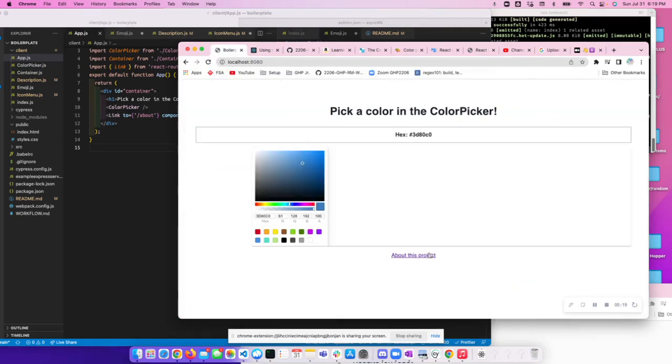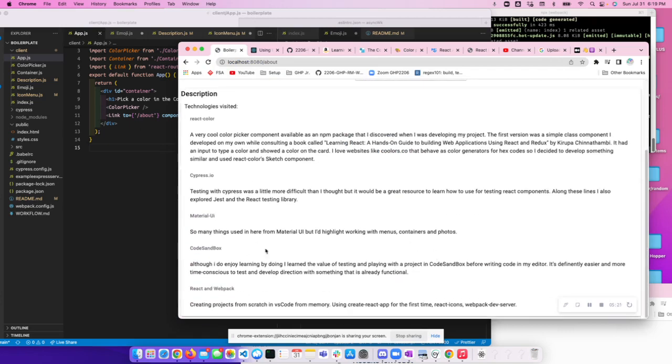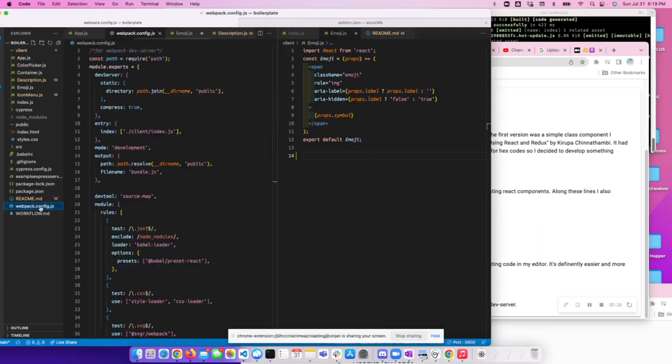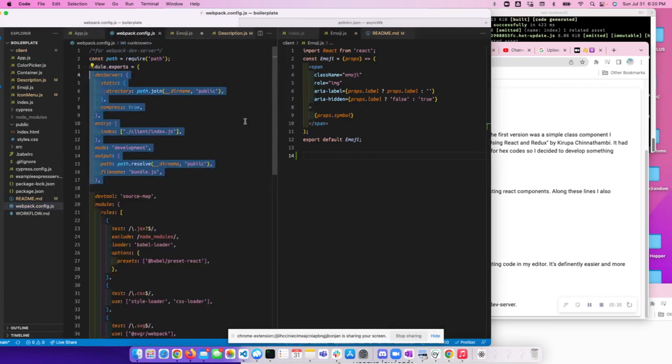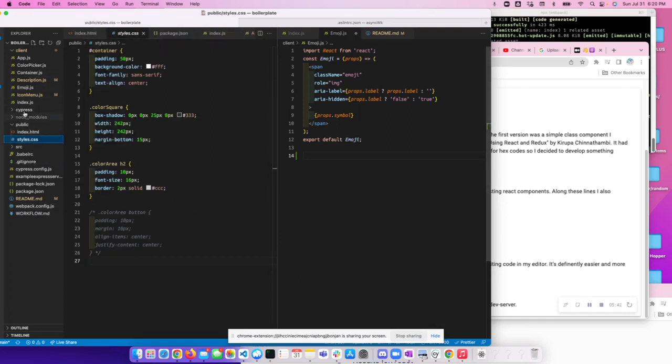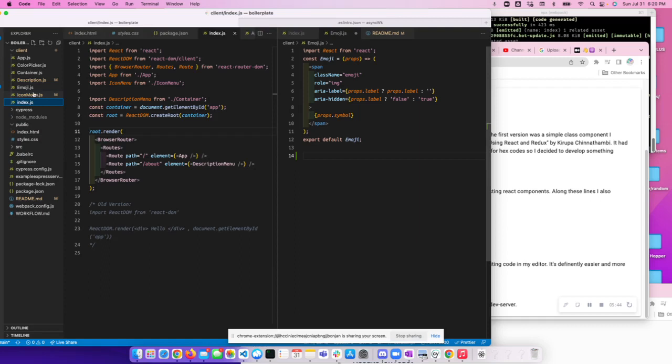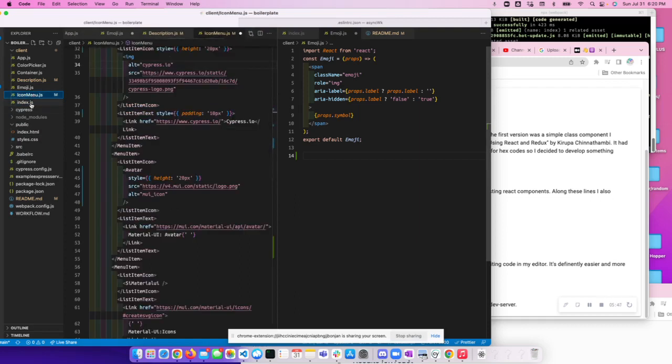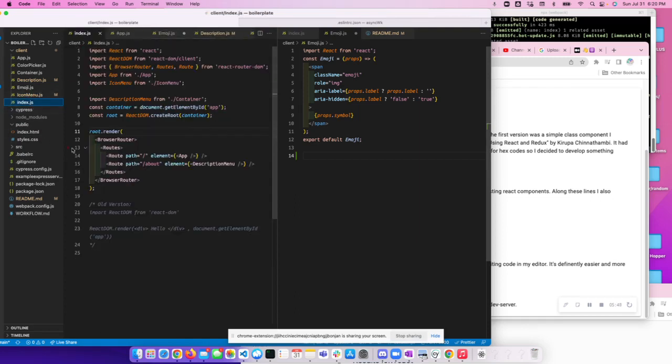So I did do a little description down here. I used Webpack Dev Server. This was kind of some stuff that I had to add in to do that. Some file loaders for the different icons and stuff I was using. It kept my CSS folder very small. I did create root instead of React DOM.render. Put some routes in there,